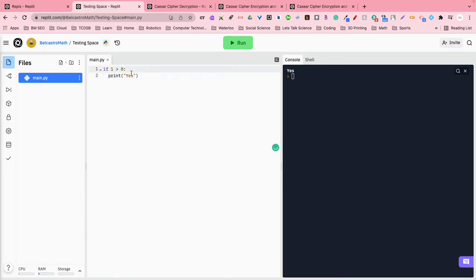But maybe we wanted to check multiple conditions, okay? And in order to do that, we can use a Boolean called and. So we're going to say and 6 is greater than 5, okay? So it's going to check both of these, and we run, yeah, both of those are true, okay? But what if I said 6 is greater than 7, okay? So if 1 is greater than 0 and 6 is greater than 7, and we go to run it, hey,